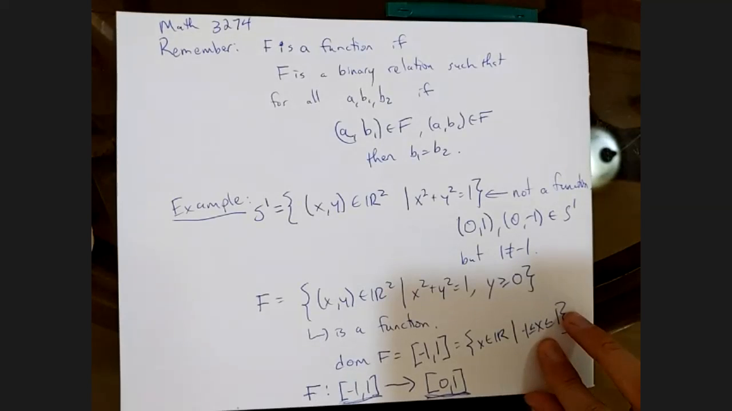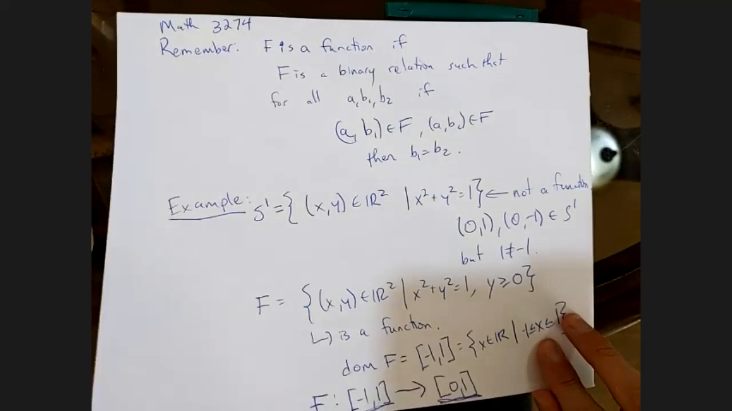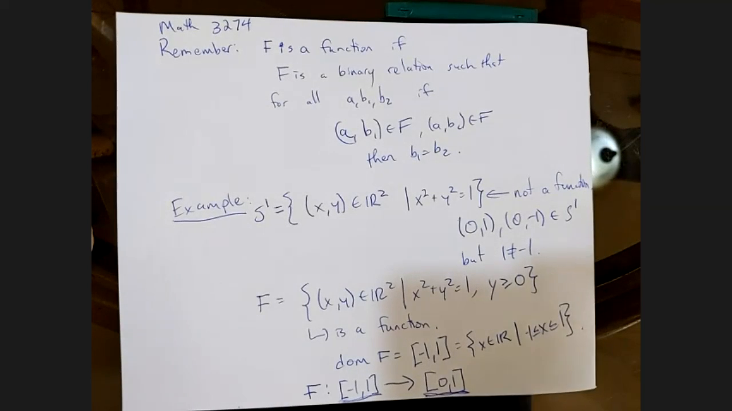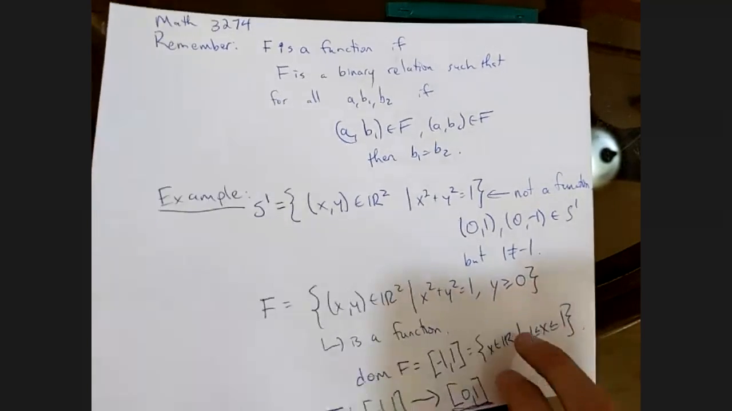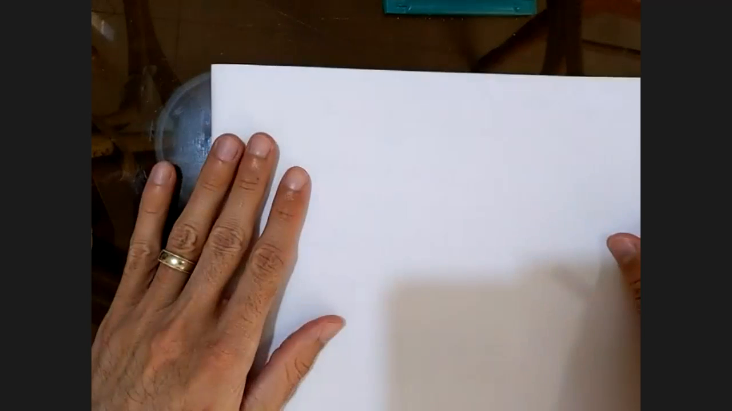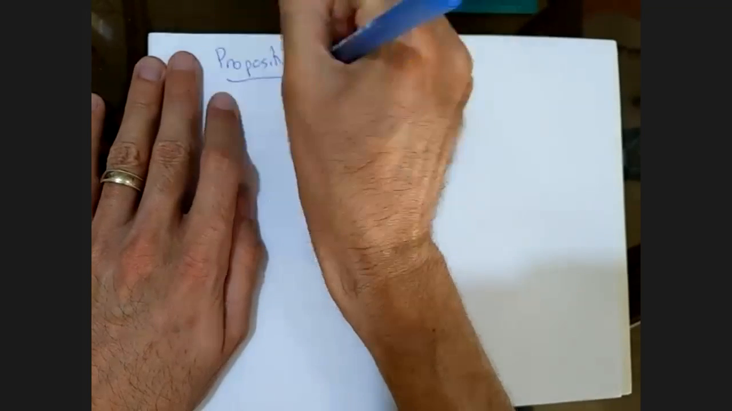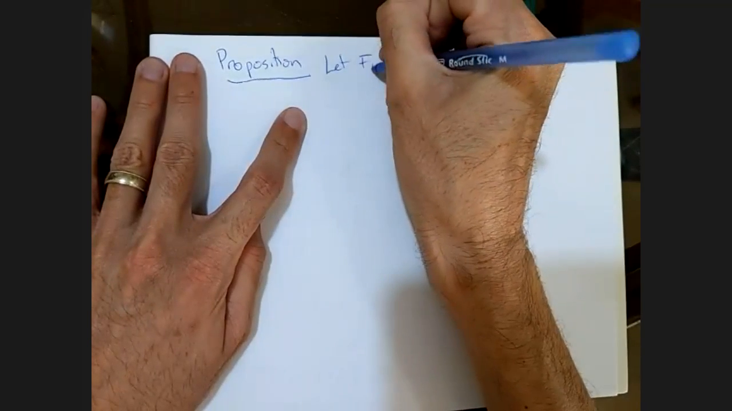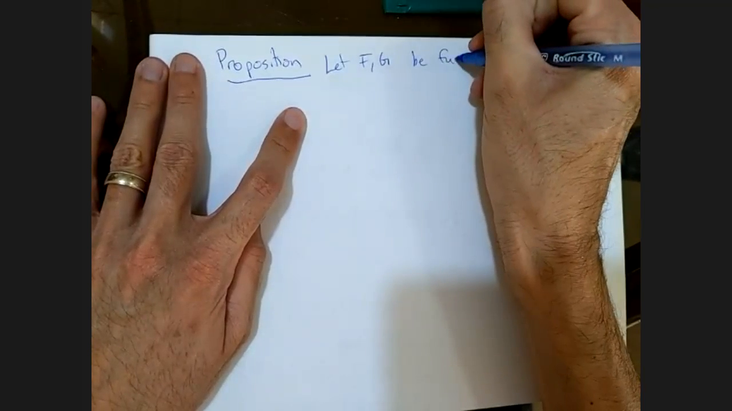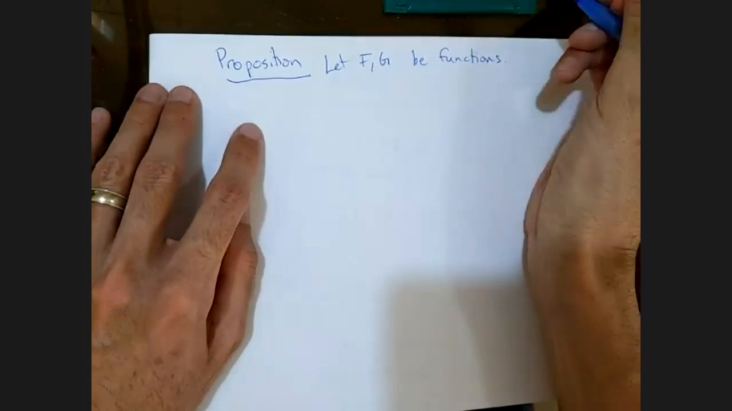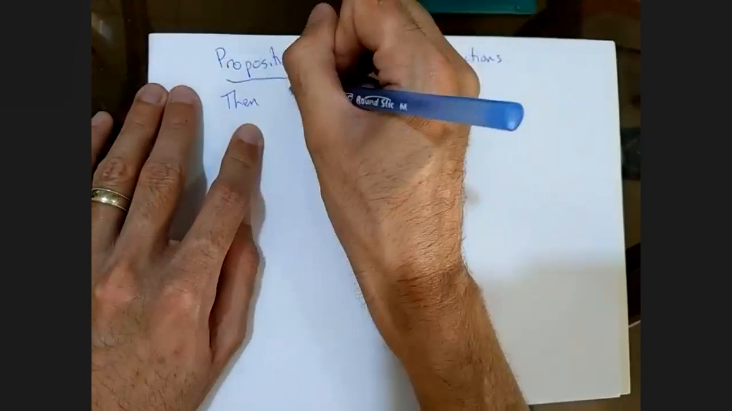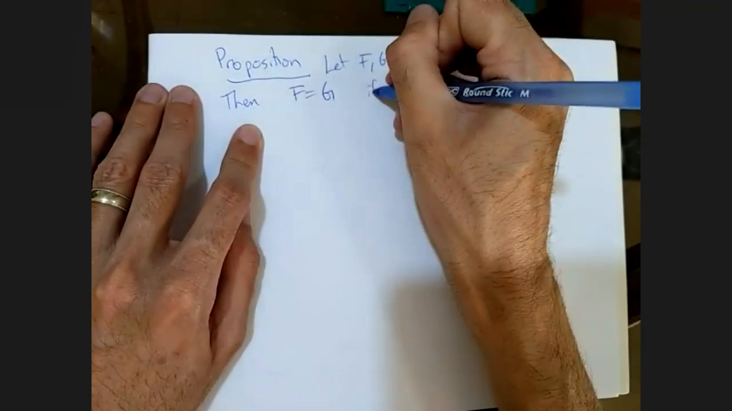So there's a lot of things we usually want to do with functions. But one is to take two functions and see if they're equal or not. Okay, so we have this proposition. Let F and G be functions, and F equals G if and only if,